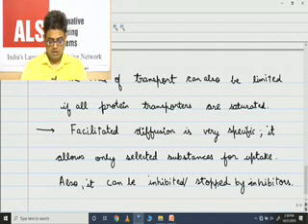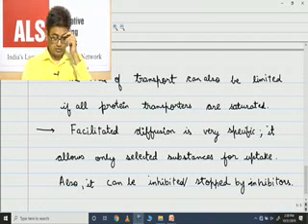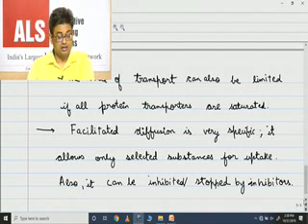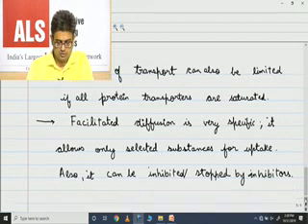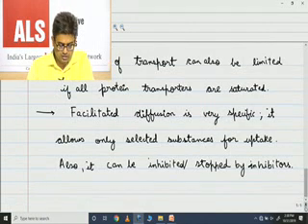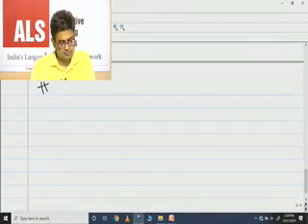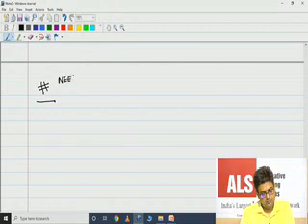Right. So this is about facilitated diffusion. Now there are some other types of facilitated diffusion also: symport, antiport, uniport. I will discuss that also. Now there is an important question that has been asked in the NEET examination. The question was,